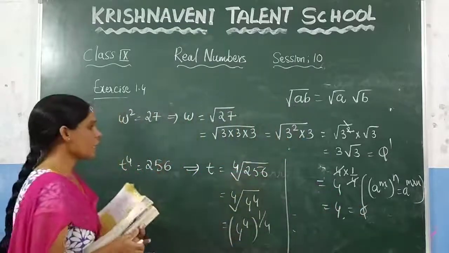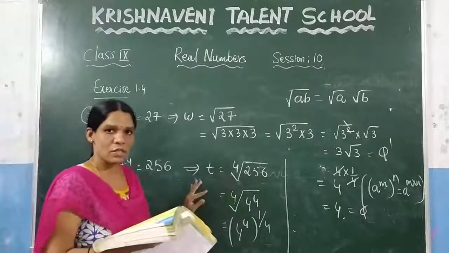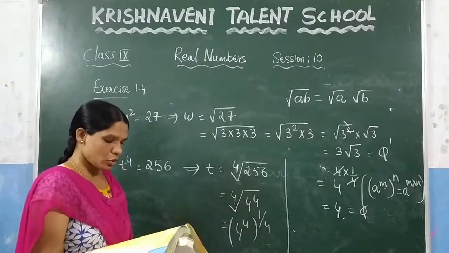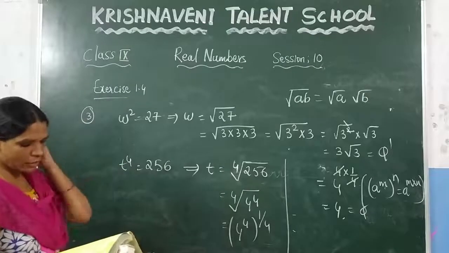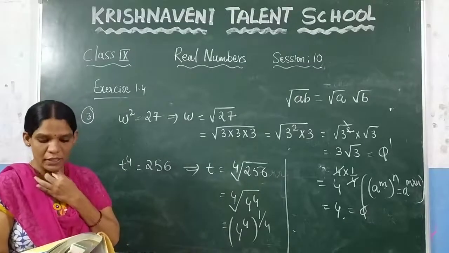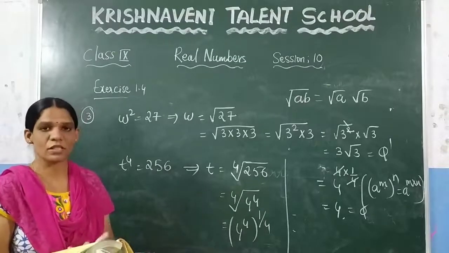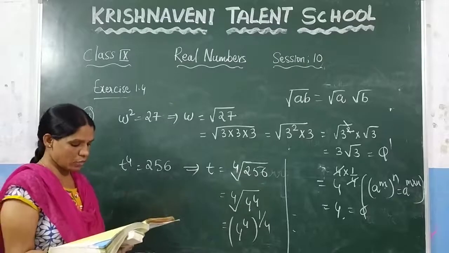You just need to find the power of this value so that you can say whether it is a rational or an irrational number. Fourth question, you can do it as homework. Every root is an irrational, but every irrational need not be a root. Just think about that and solve it. In the next session, we are going to discuss the